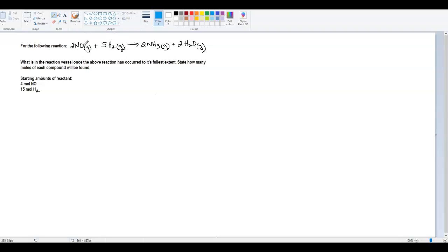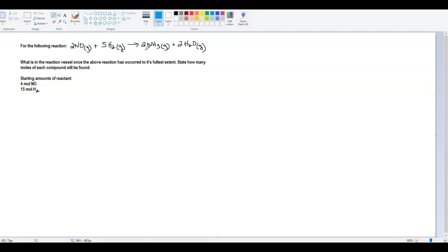In this example, we're looking at this reaction of nitrogen monoxide with hydrogen gas. They react, so we have our reactants, to create ammonia, which is NH3, plus water vapor, so H2O. And the question is, if we take this reaction and put it in a closed reaction vessel,